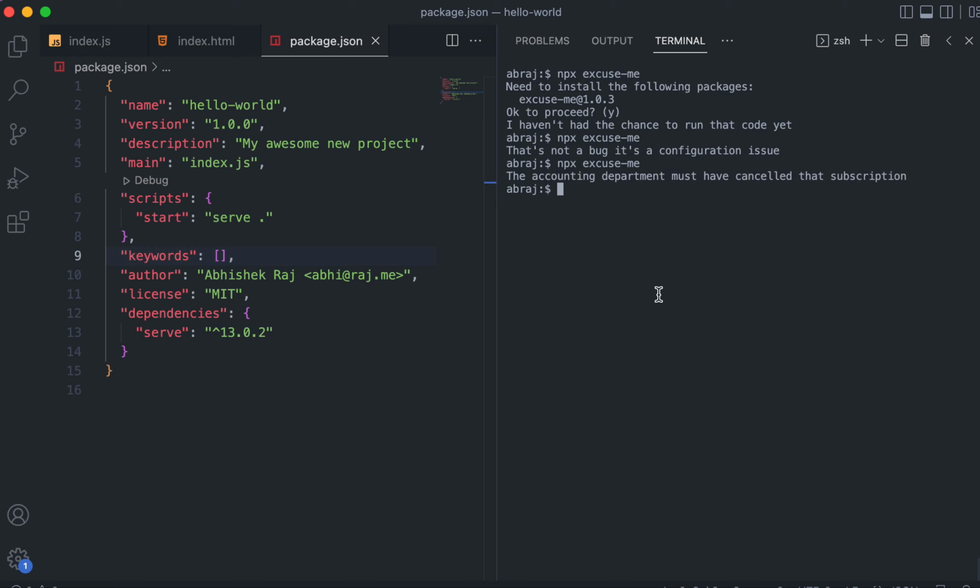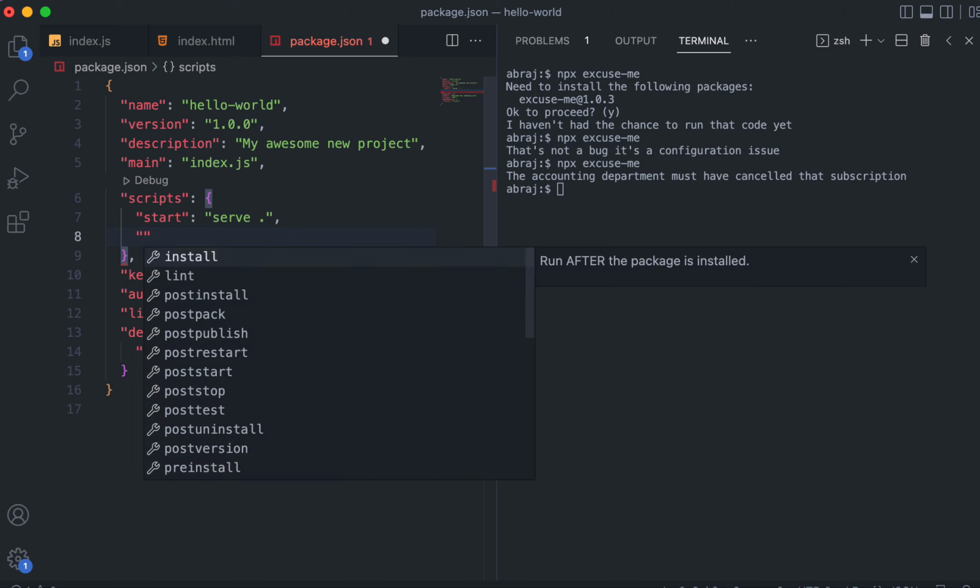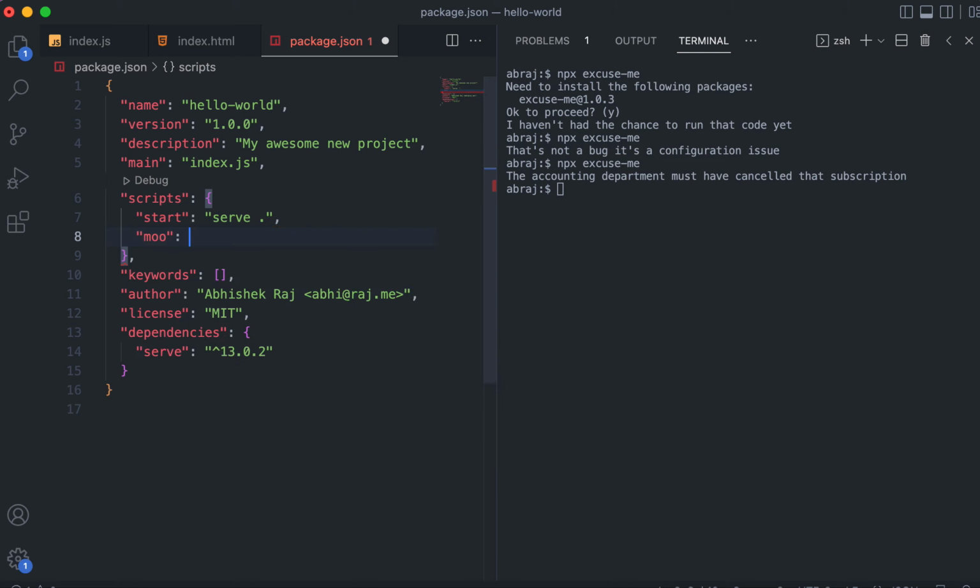Okay, so now what you can do is mix and match various things, right? And you can do all of these things using some script here also, right? So let's say I have created a new script called move, and that move script says something like cowsay hello. So this will also work, right? If I do npm run move, then